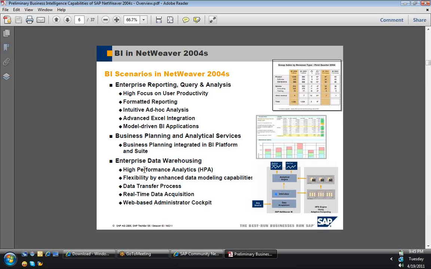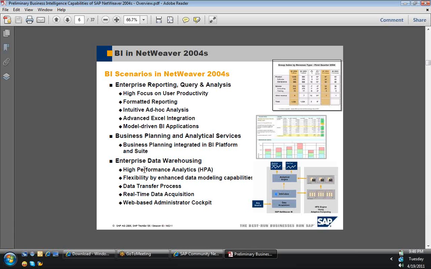So BW is nothing but a lot of other IT practices which come into the picture apart from ETL. Now the backend is one of the positioned places in the NetWeaver stack. So SAP Enterprise Data Warehousing deals with a lot of performance analytics, which is nothing but high leverage reports running in the system, and data modeling capabilities, which is nothing but the real backend data model, and data transfer processes, how the ETL is going to transfer the data from the source system to the BW system,